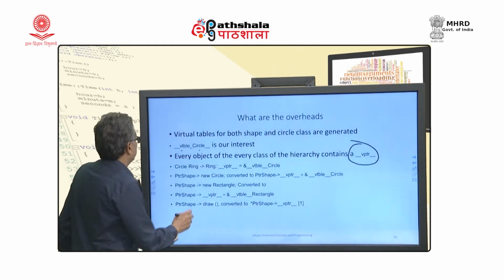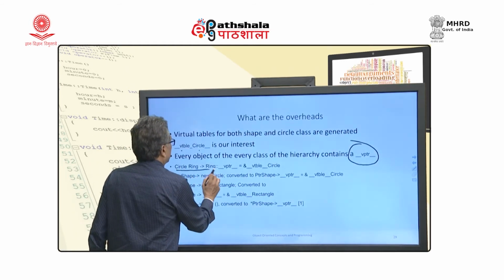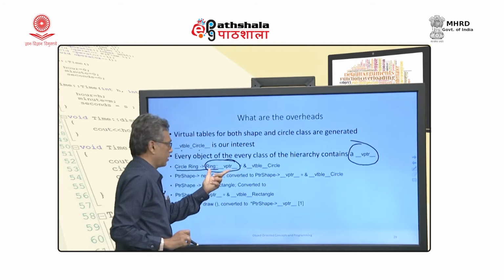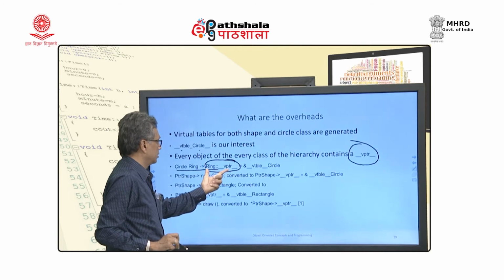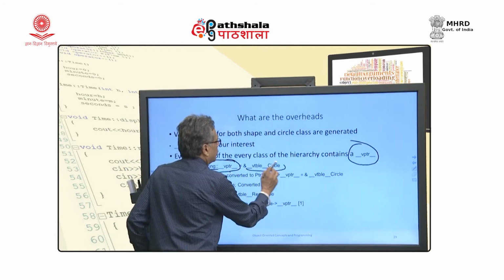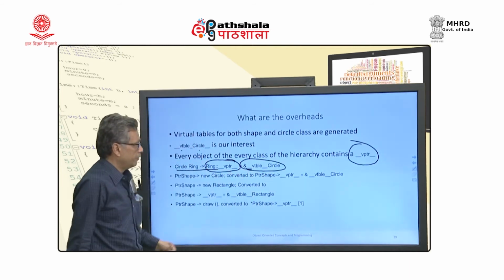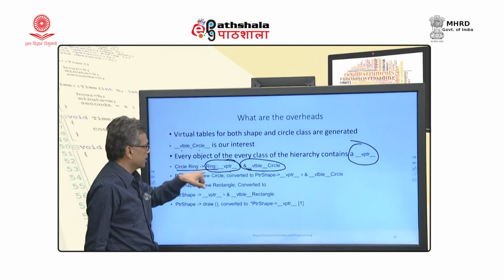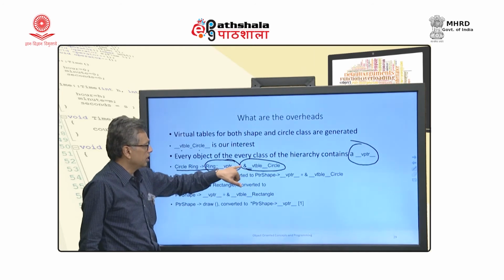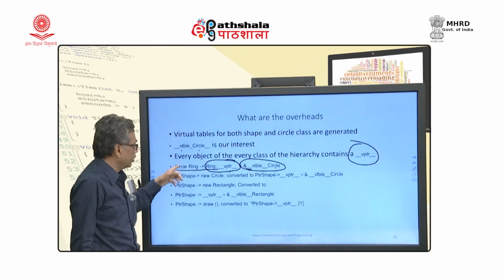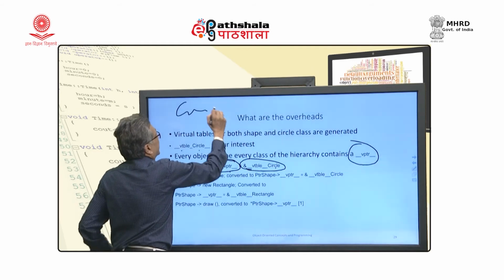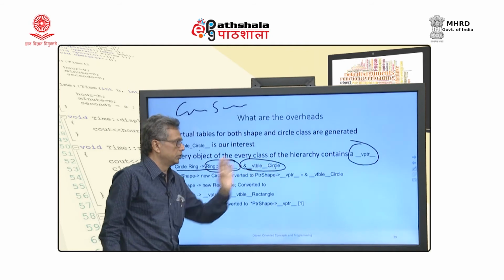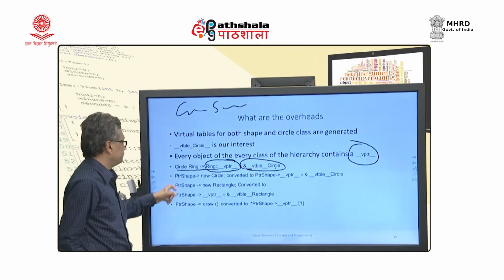How is that done? Ring's VPTR is pointing to the V table of circle. The V table circle is defined, and the VPTR of this ring object is assigned this value. For every object, if I define a second circle ring, the same thing will happen: second ring's VPTR will be this one. So that is normal.